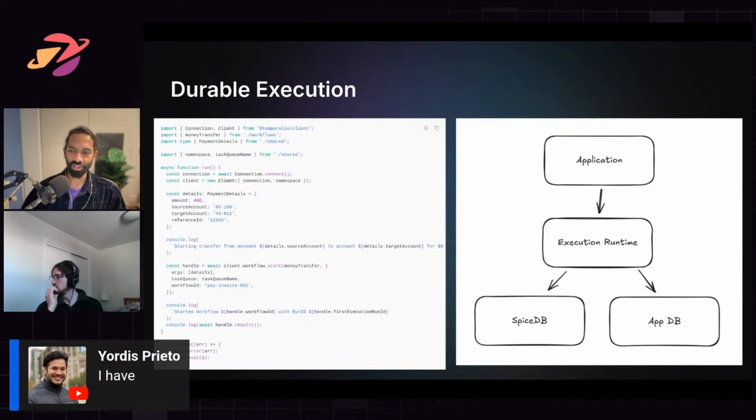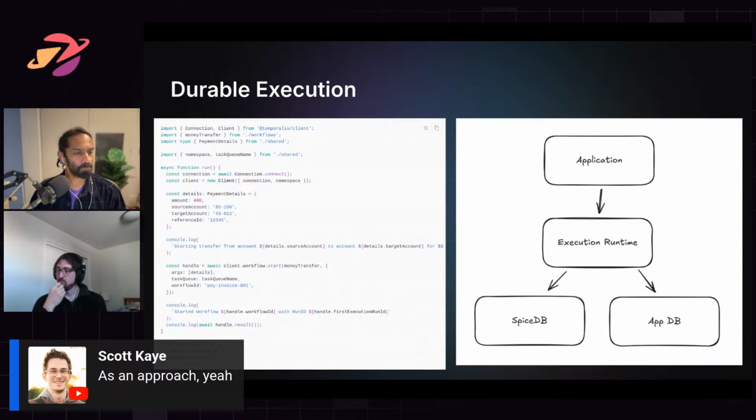Okay, so Yordis definitely has used durable execution environments. Cool. Yeah, as an approach. Okay. So that's something that we have talked about internally. There are certain approaches that seem like they would be nifty that would require having some sort of two-phase commit